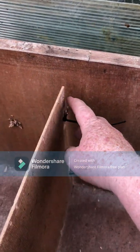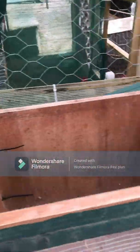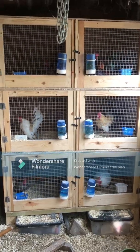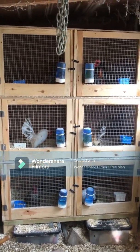You can see that it's relatively smooth. So if I'd actually been sensible and painted them, I might have perhaps prevented red mite from living in these joints here. And nice smooth fronts, so easy enough to clean out, but not suitable, particularly because of the felt roof. And then finally we come to my most recent cages, and I'm lucky enough to have a friend who's